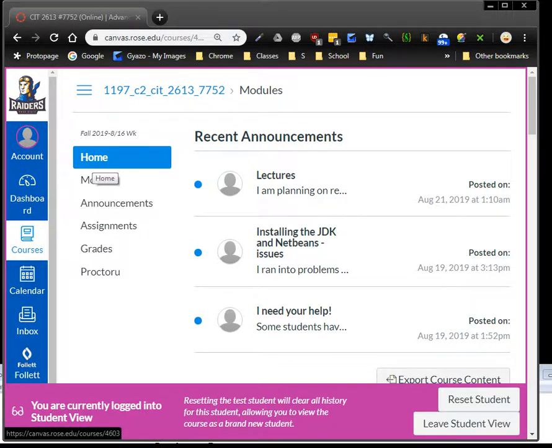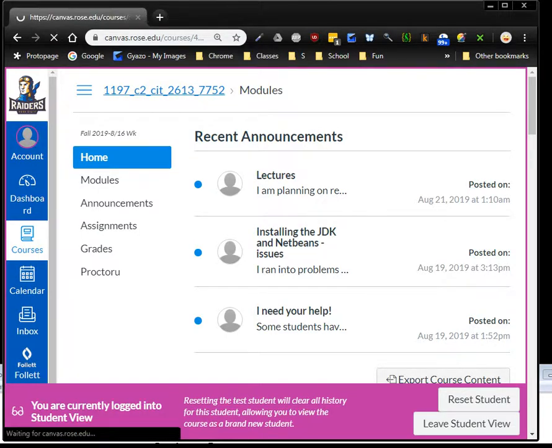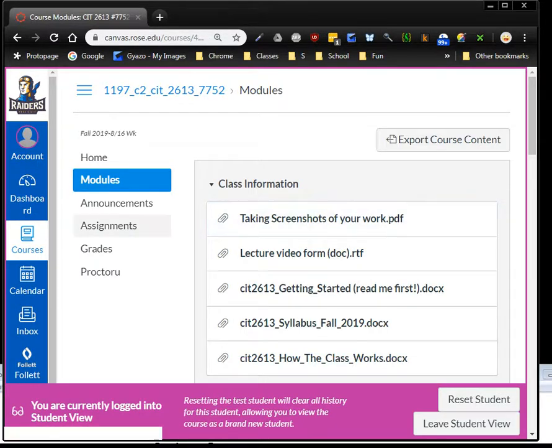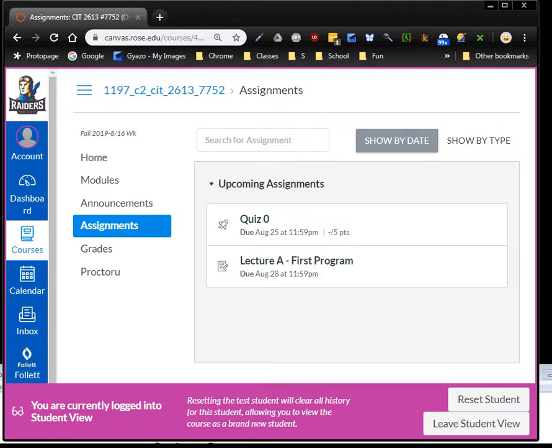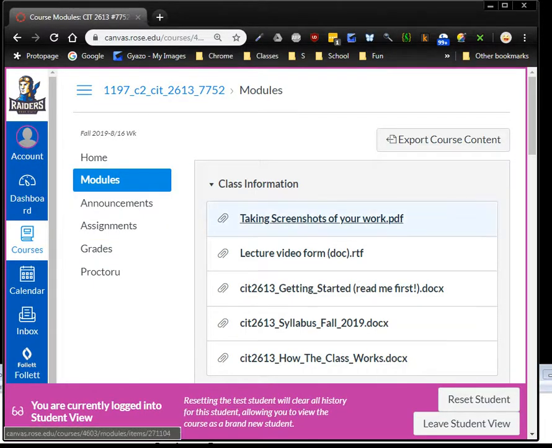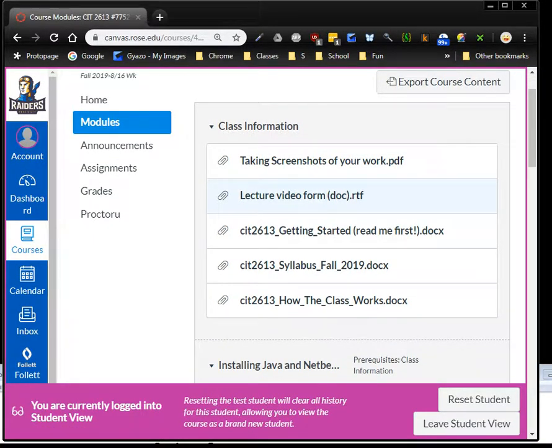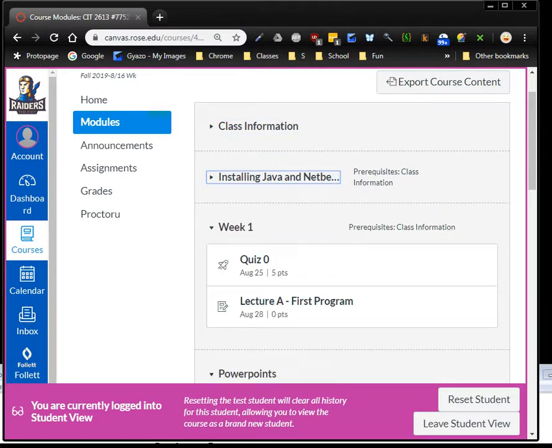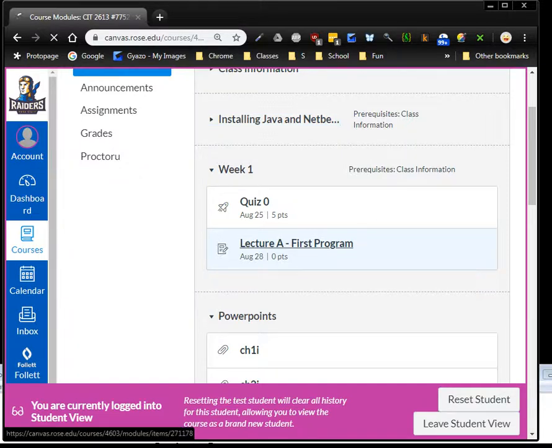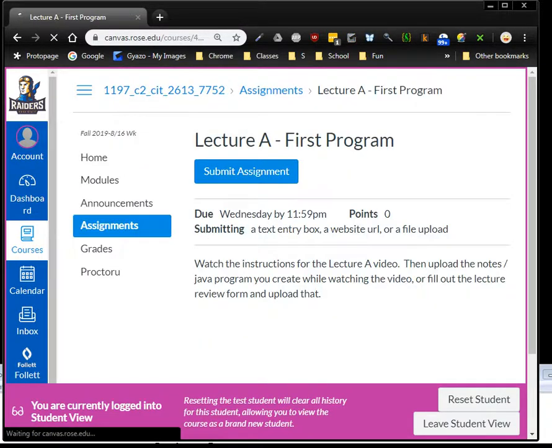So to submit your homework or your lecture, obviously this is a lecture, this is the homework, then you go to our Canvas section, click on modules, or click on assignments. You should see it listed in both places. It says Lecture A, first program. If I click on modules, I'm gonna minimize these things. I'll see week 1, Lecture A, first program. So if I click on that,